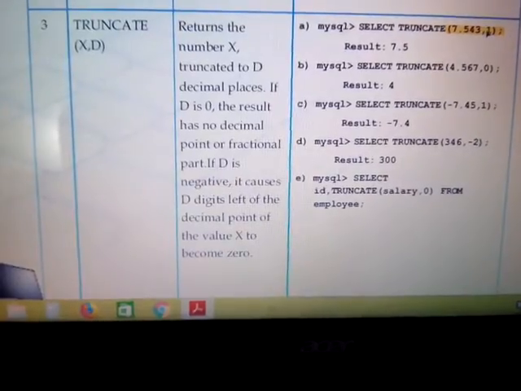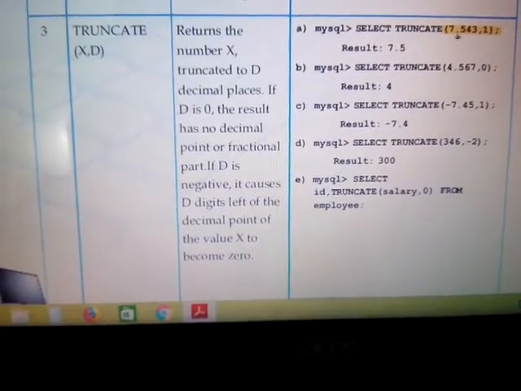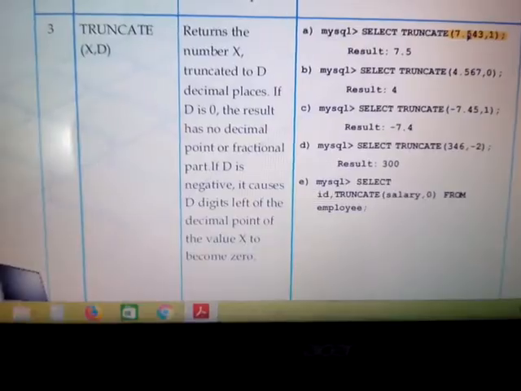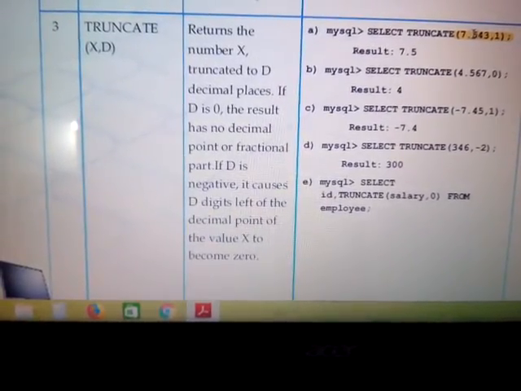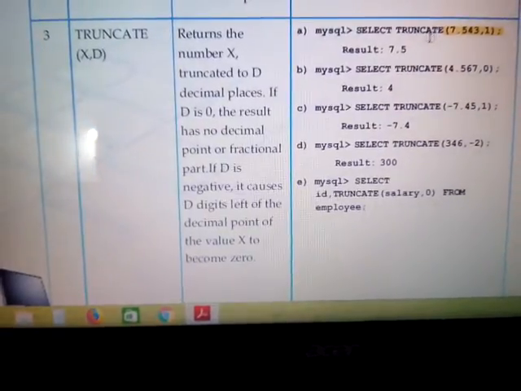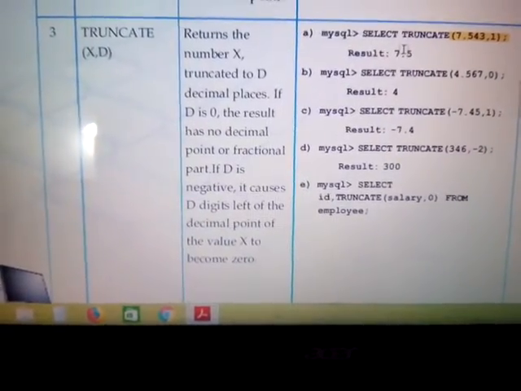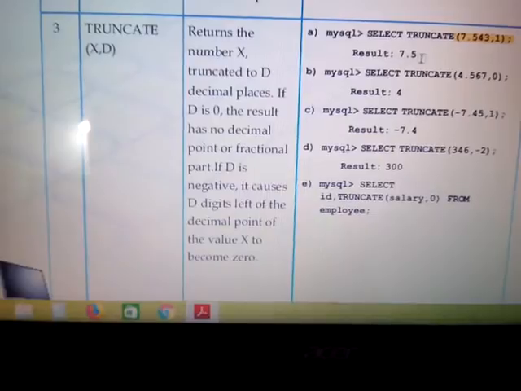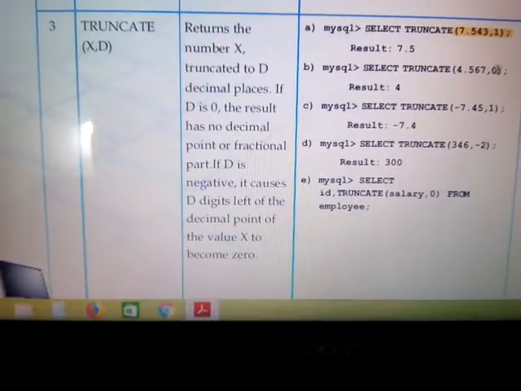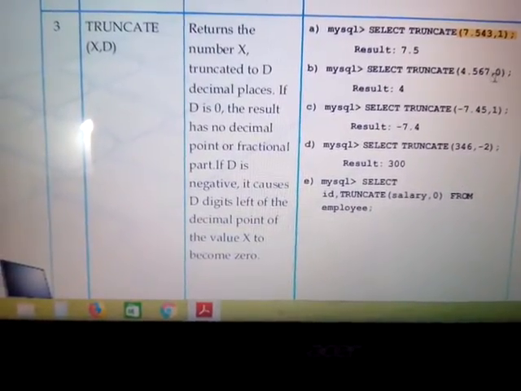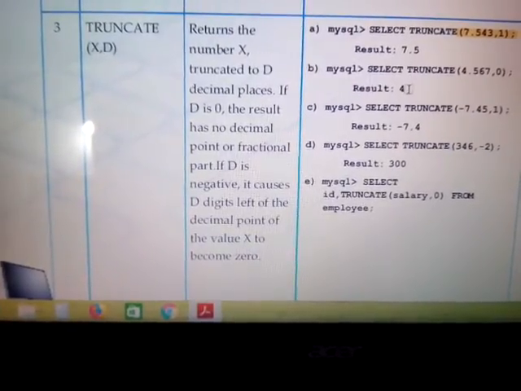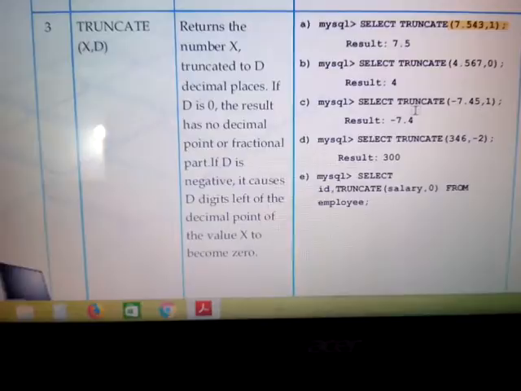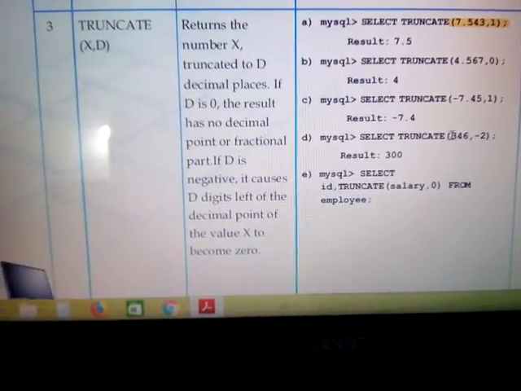That means after the point we just need one value. Here we are not supposed to check whether the number is more than 5 or exactly 5, and no increment is to be done, because truncate means to cut the value. So 7.5 will be your output. Likewise, if no decimal precision is given, directly your number will be in integer form.